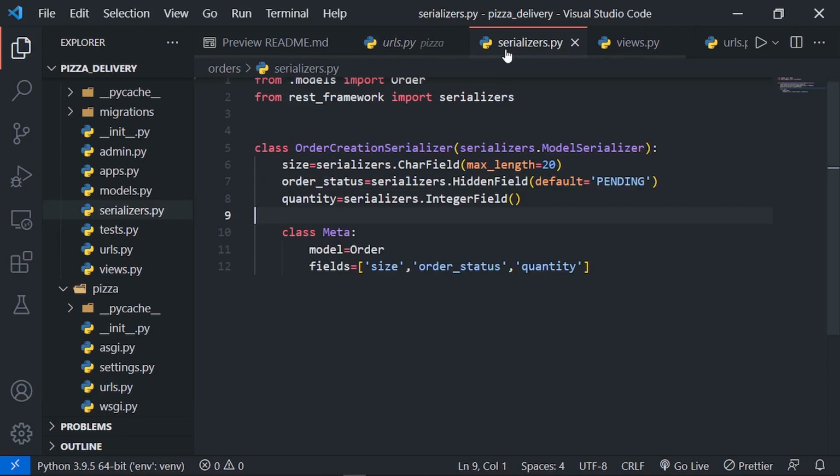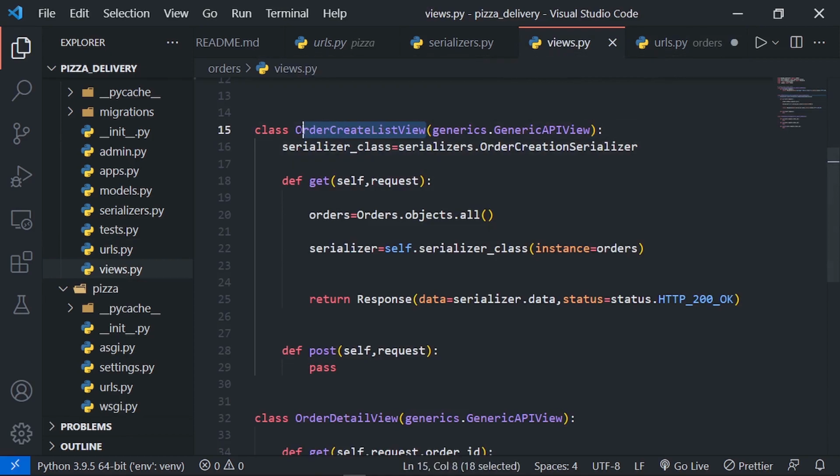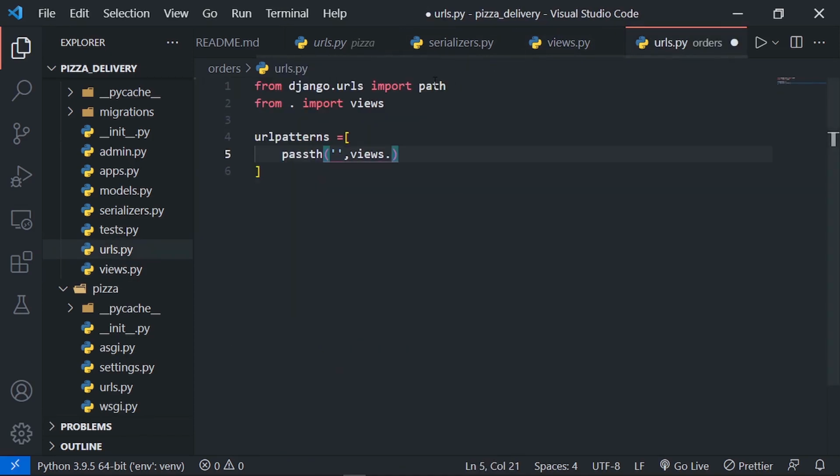So what I'm going to do is to come right in here and actually in our URLs also specify that this is going to be on our root URL. So I'm going to remove this. And right after removing that, then I'm going to specify the view. So in this case, it's going to be views dot our view, which is the order create list view. So I'm going to copy this. So this is going to be our order create list view, and then this is going to be a view. So I'll call it with as view. And right after doing that, I also give it a name. So I'll just specifically say orders, and when I save,